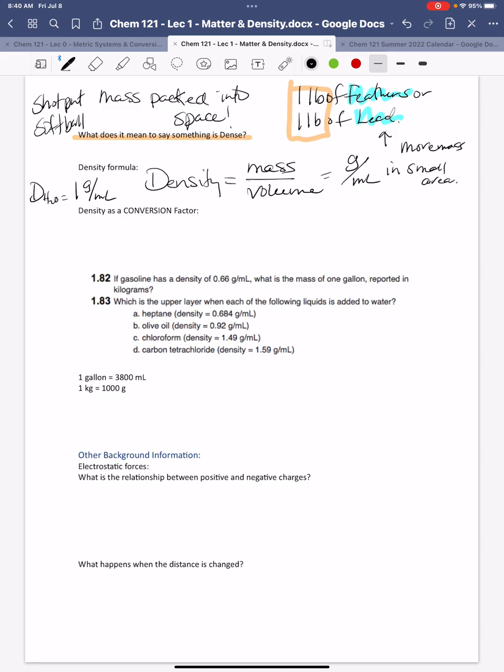And I know all of you have probably witnessed the fact that oil floats on water, right? You've made oil and vinegar dressing, or you've put oil into, we're going back to your pasta again, your pot of pasta. It turns out that the density of oil is 0.93 grams per milliliter. And you can probably see this being less dense, right? It's actually going to float on top of the water. And that's kind of why they do that.